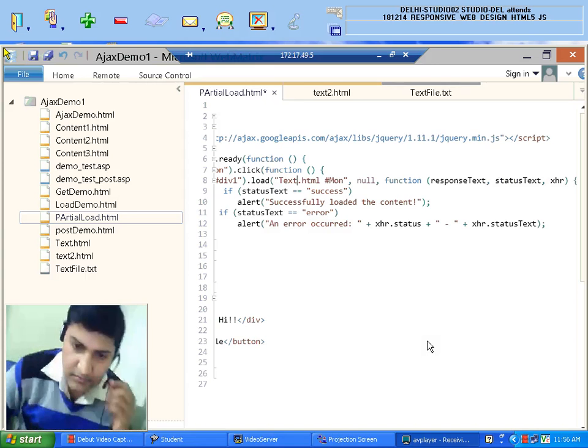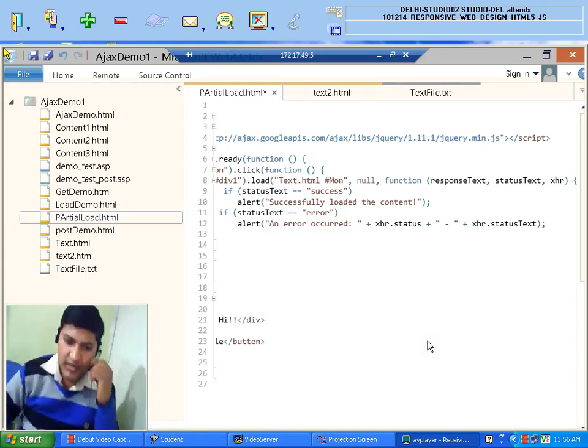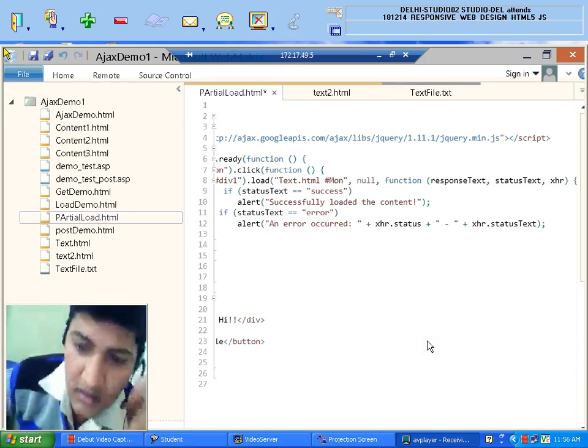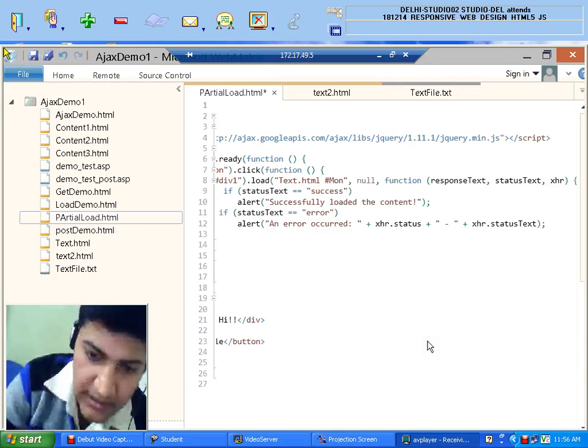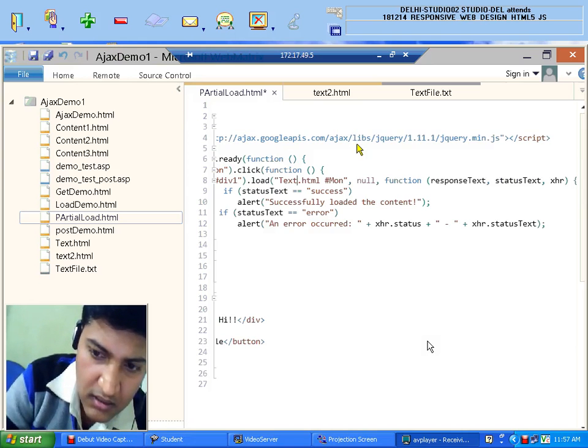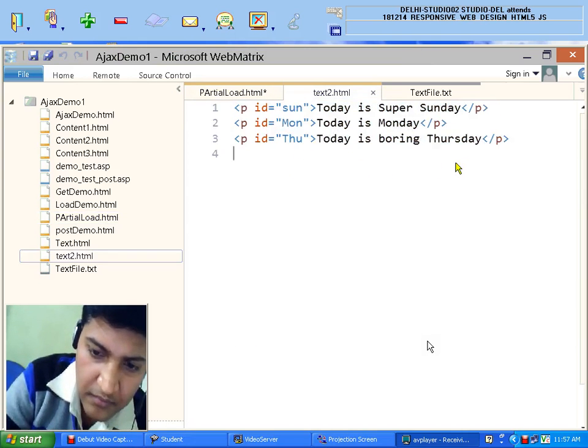Yes, sir. That is totally clear. But my one thing is, if the function response text is not complete, it means the load method will again not complete in the response. Which response are you talking about? I did not understand your meaning. You are talking about this one?